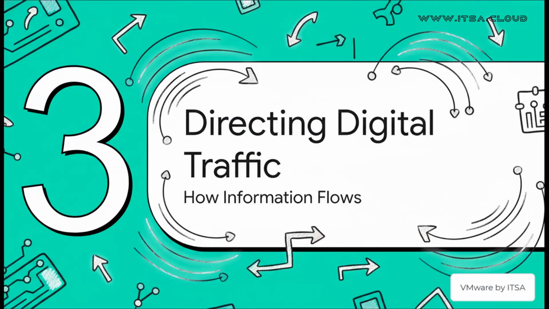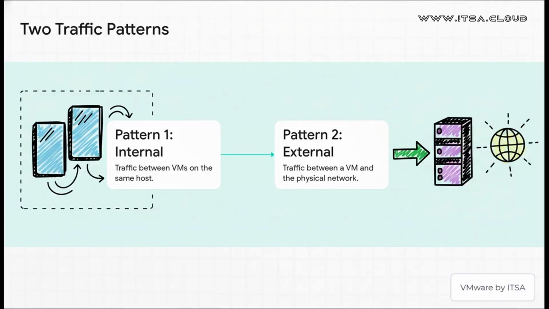So, we've built the switch, we know the parts, now let's put it all in motion. How does information actually flow through this thing? At its core, the VSS is like a traffic cop, and it directs two main types of data flow. You've got the local traffic, buzzing between virtual machines on the same server, and then you have the long-distance traffic, the stuff heading out from a VM to the big, wide physical network.